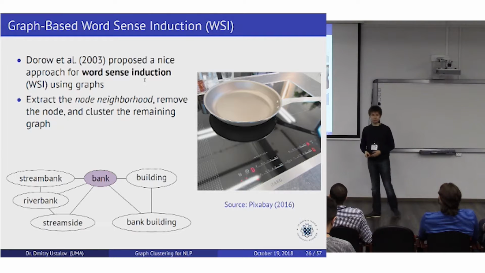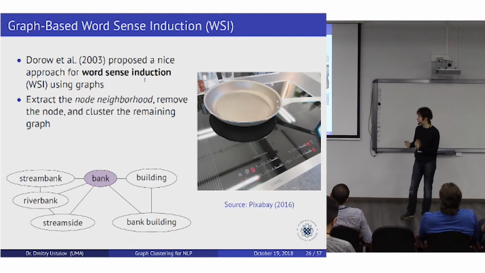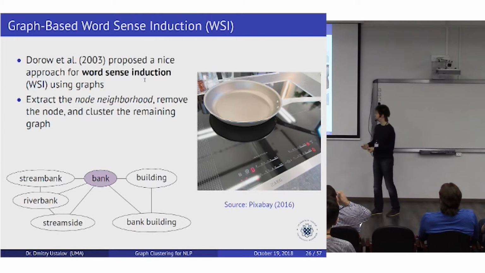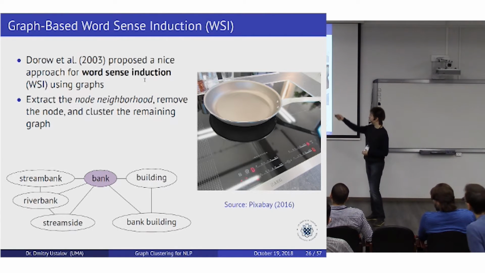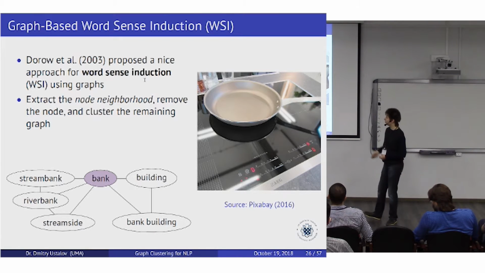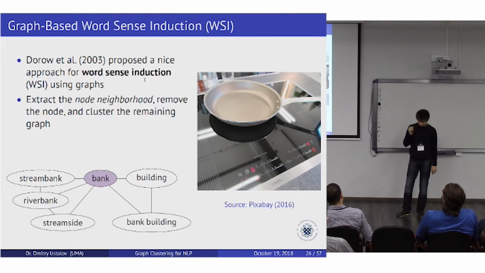Word sense induction is a task where you have either a text corpus or something else, and you are trying to come up automatically with a set of word senses for each word in this language resource. And Dorow and Widdows, in the beginning of the 2000s, came up with a very cool and very nice approach for word sense induction using graphs. They used coherence networks again,